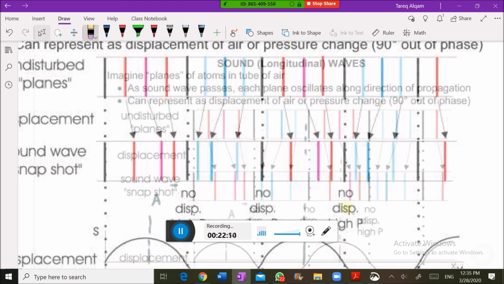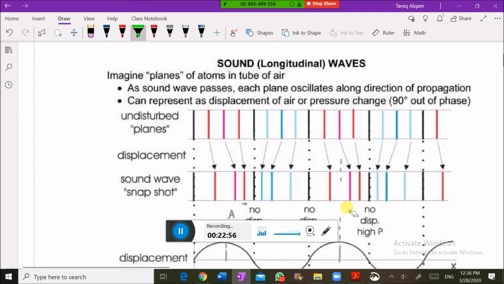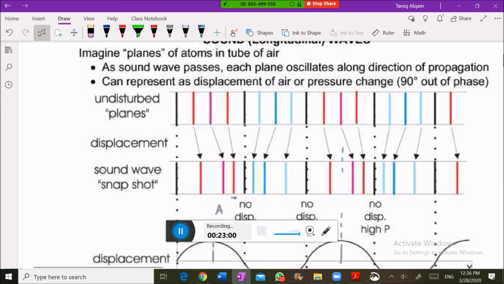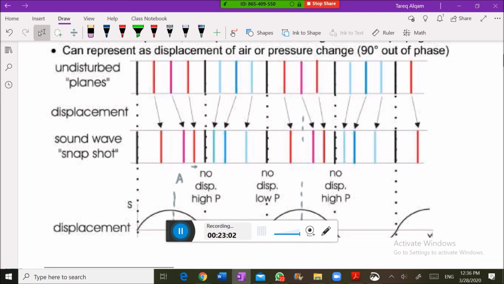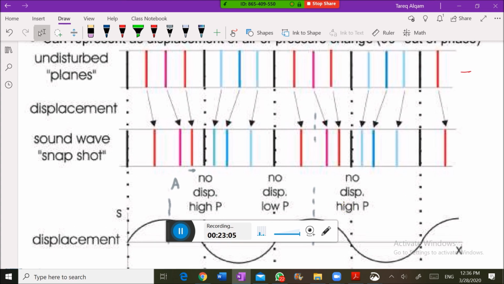Guys, look at this. Let's say that here, these are undisturbed planes, before producing sound. Here, the second one is after the sound propagating